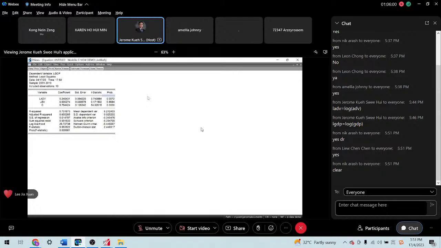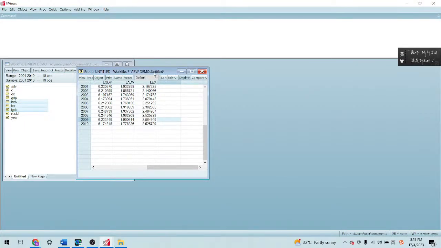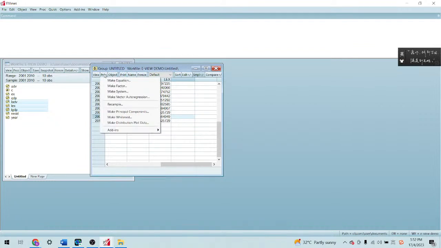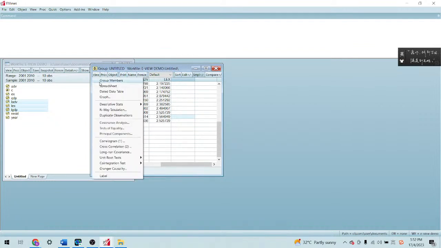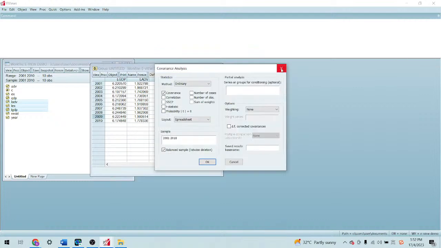Okay? So remember, I would like to inform you that this is still considered very basic. When we do the time series analysis later on, we will show you some of the advanced methods that you can consider for your FYP. Of course, your FYP cannot just end up with multiple regressions. It has to be something more than that.